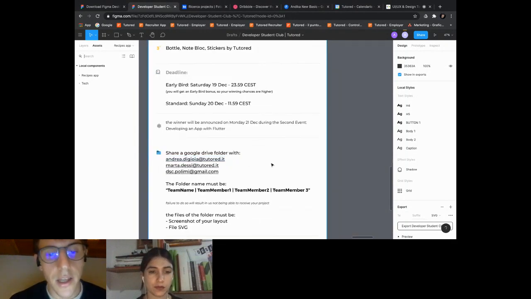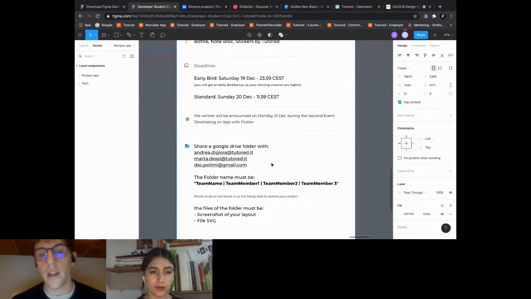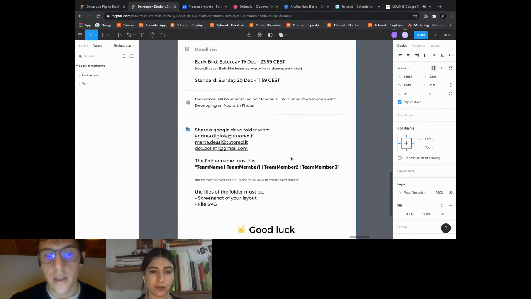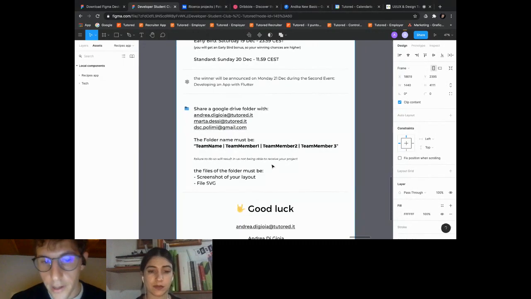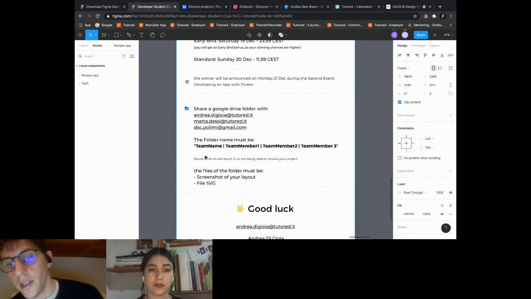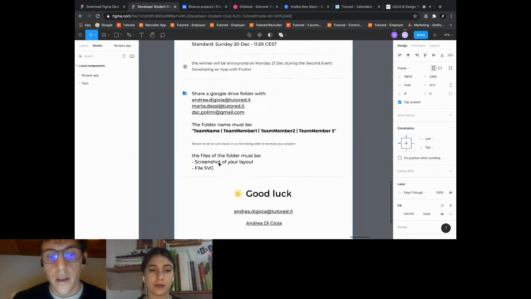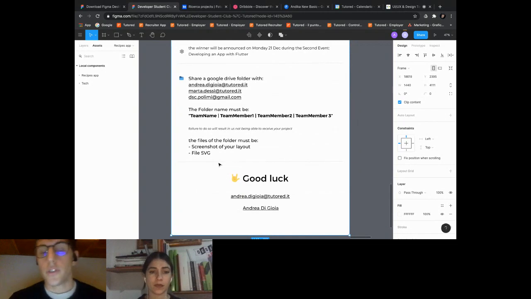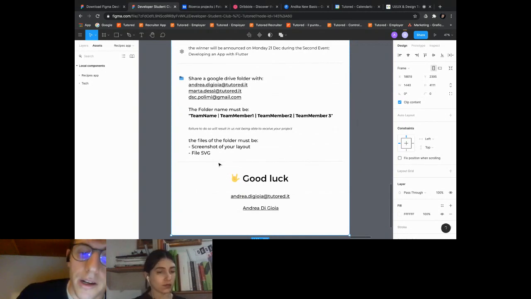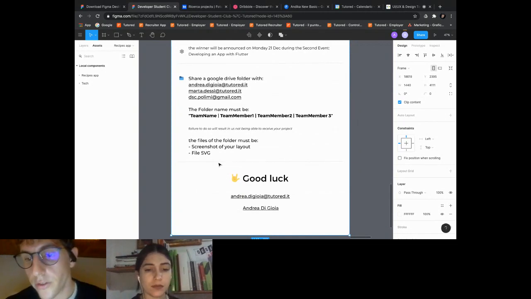And you have to share a Google Drive folder with this email. The folder name must be the name and surname of member 1, member 2, or 3, depending, and the team name. And you have to share the screenshot of your app and an SVG file.